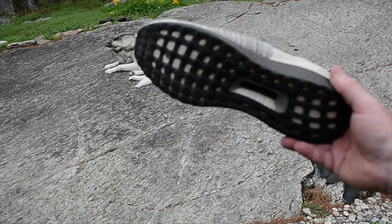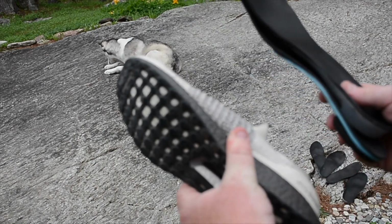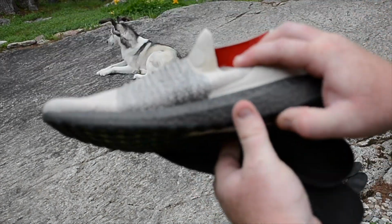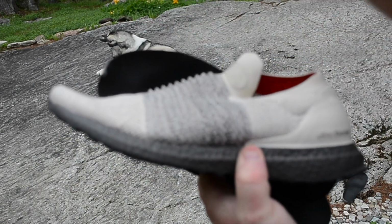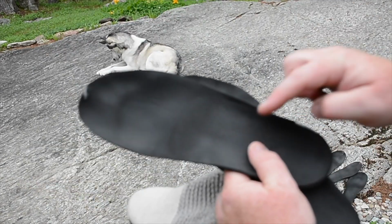Okay, one addition to the conversation that hasn't been mentioned in all the videos I've watched is custom orthotics and how that could relate or benefit with Boost. Originally I made the mistake of thinking that the Boost would act as a custom orthotic because the pressure points would come down on the Boost and insert there, while the part that wasn't putting weight down would be upheld by the Boost. And partially I was right, but especially in my heel area, right in this area,